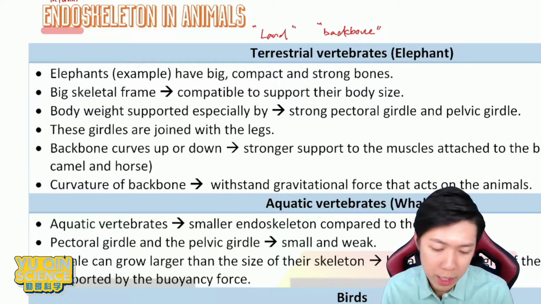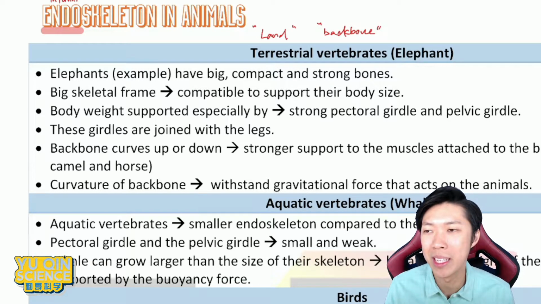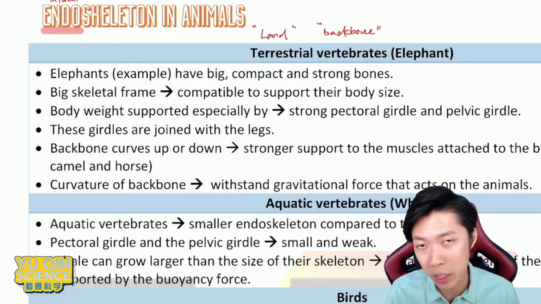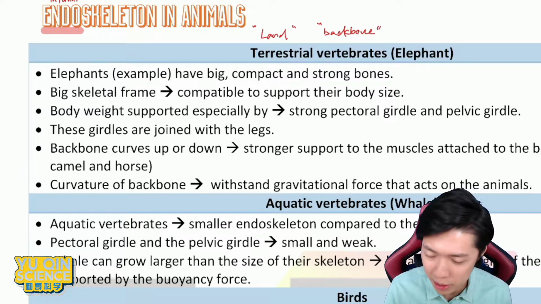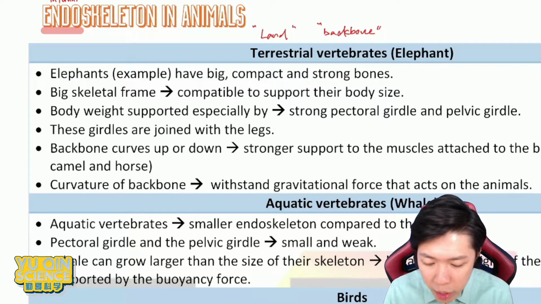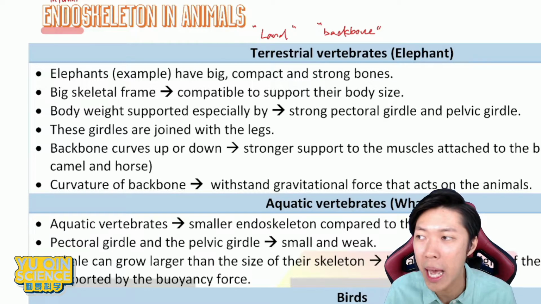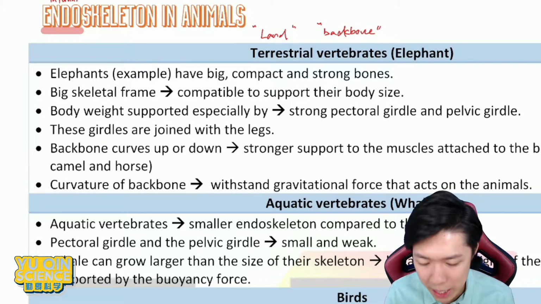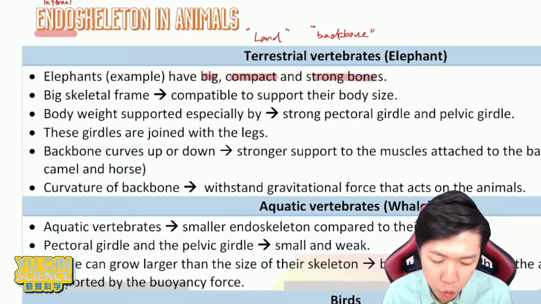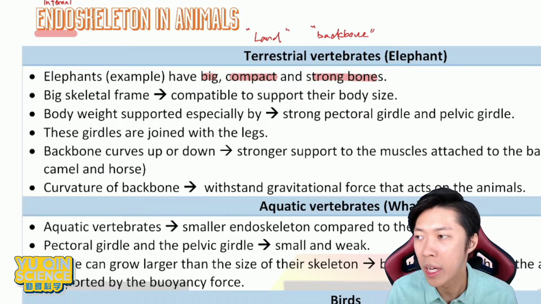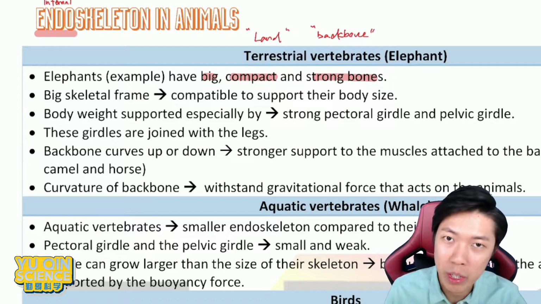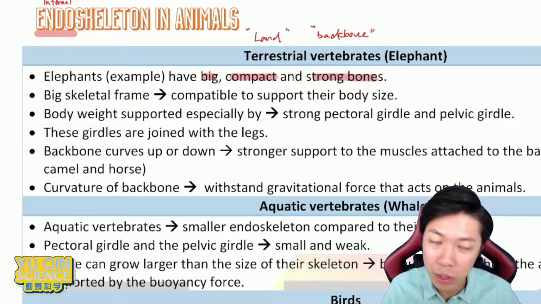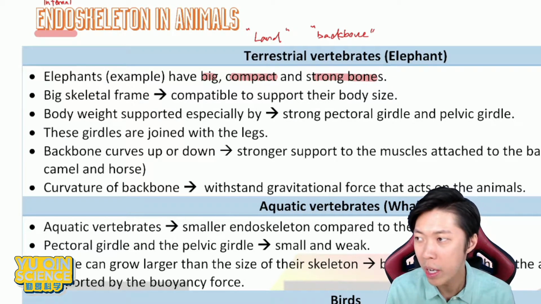Okay, so let's just take one example. Let's say elephant. That's the example given by your textbook, and that's what usually question asks. So hence, so elephant is one of the example of terrestrial vertebrate animal that stays on land. Okay, their bones are big, compact, and strong. Okay, as compared to the body, because of course they are big, so they have to be big, strong, and